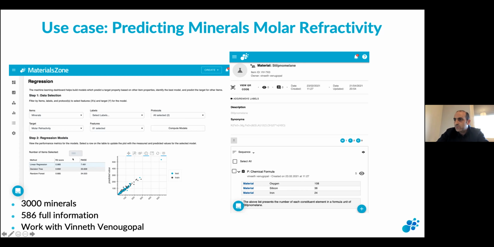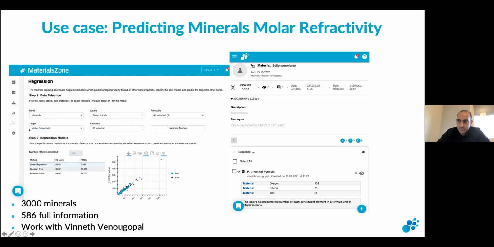So what you could do with this kind of data, and this is demoing the machine learning prediction tool, is run regression analysis. Here you would choose a team, and then you could choose the protocols. We have chemical formula and physical properties. It's not shown here. Then you would pick a target parameter.